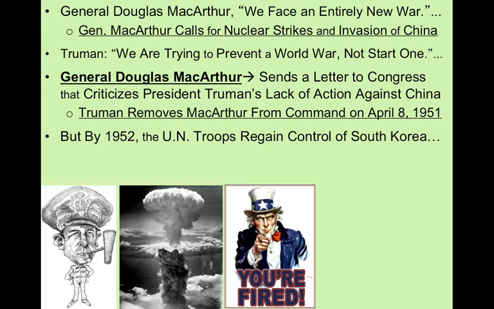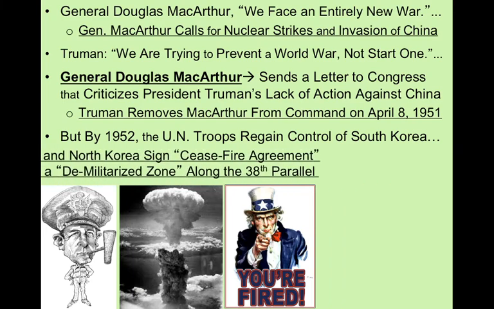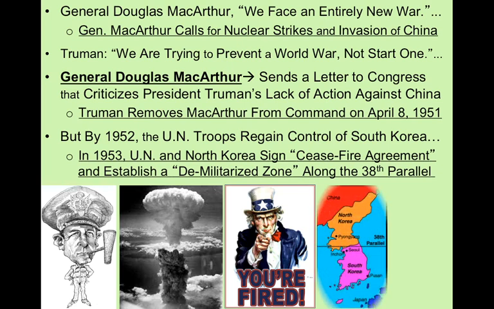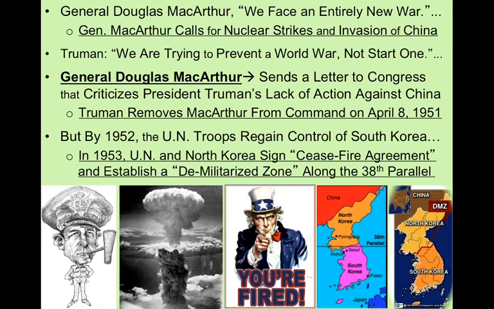Did they officially sign a treaty? No. There's never been a treaty. The Korean War technically is still going on. So what ends up happening as a result of the ceasefire? They create a demilitarized zone along the 38th parallel, meaning there's no military that's allowed along the border. So what happened? The border goes back to what it was, but now that area is a demilitarized zone. And it still is today.